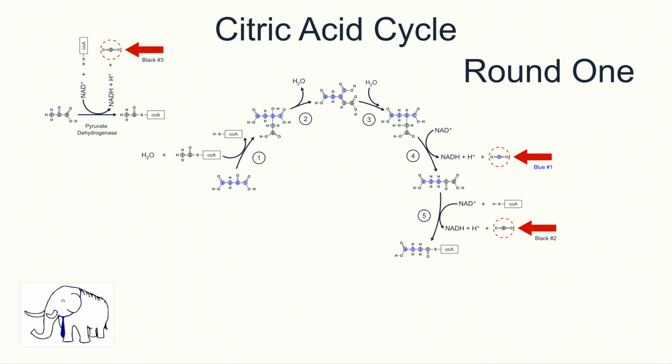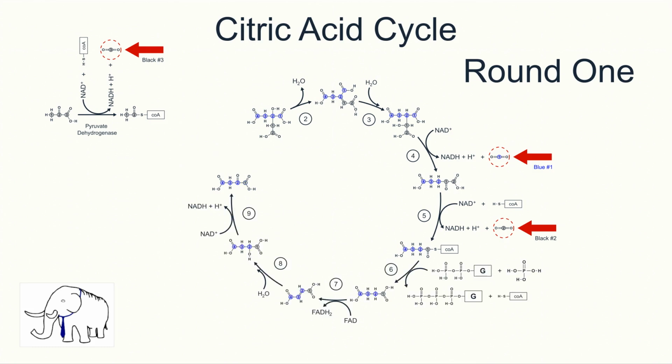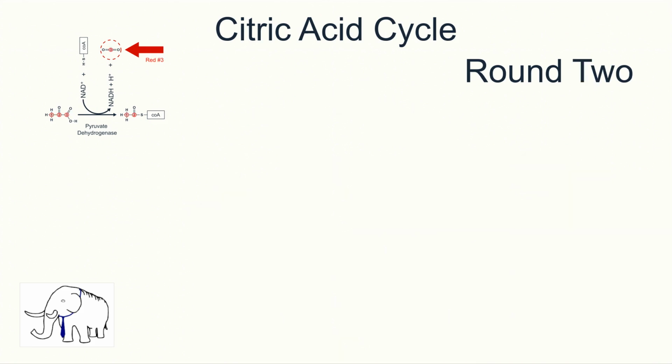Step 5 liberates the carbon dioxide made with the black carbon atom number 2. Steps 6, 7, 8, and 9 still have black carbon atom number 1 in the oxaloacetic acid molecule. It's sitting there ready for the start of the next round of the citric acid cycle. Well then, for the next round of the citric acid cycle, the new molecule of acetyl-CoA is shown with red carbon atoms. The oxaloacetic acid we're starting with this time has 3 blue carbon atoms and 1 black carbon atom,